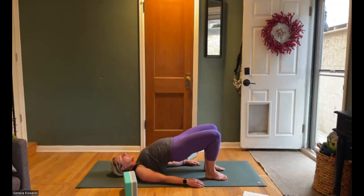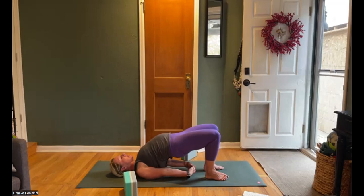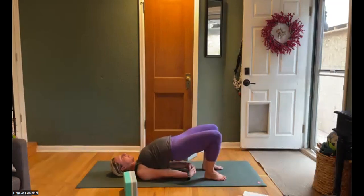Inhale, lift your hips up. Coming into bridge pose. You can interlace your hands behind you or grab the back of your ankles or the side of your mat. Walking your shoulder blades together underneath your chest, allowing your chest to rise up and then chin to rise off your chest. Take an inhale